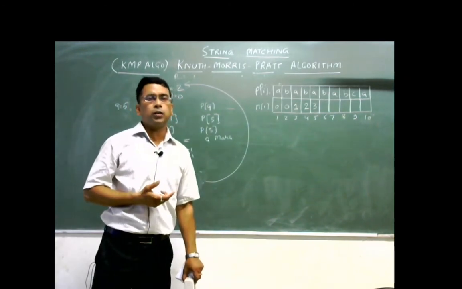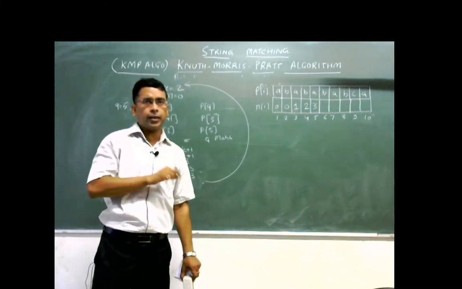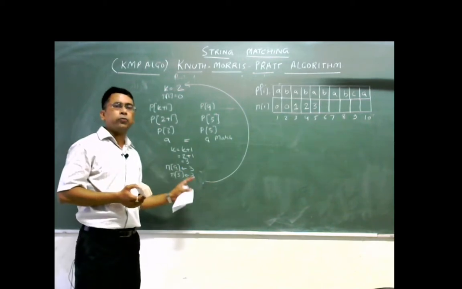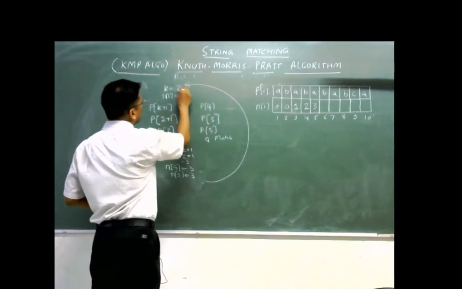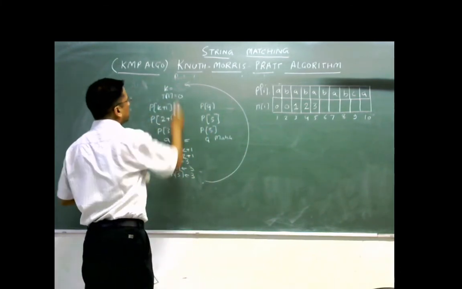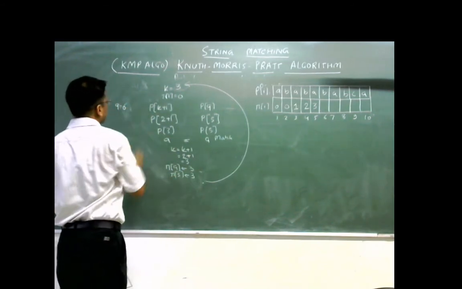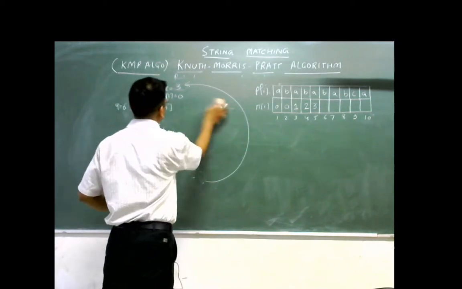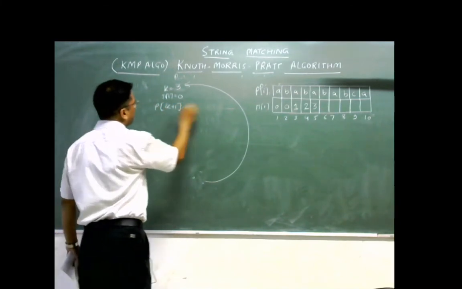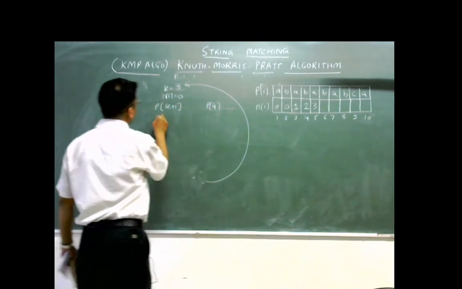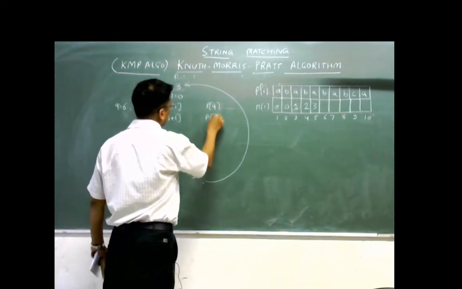When it is not equal, there is no match, then we assign the value of pi[k] to k. And at last we assign the value of k to pi[q]. So now this value will update here. So k will become 3. Now for q equals 6, we shall compute P[k+1] and P[q]. P[k+1] is equal to 3 plus 1 and P[q] is equal to P6.